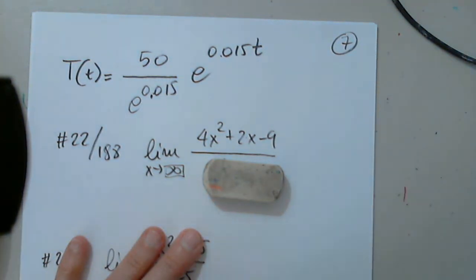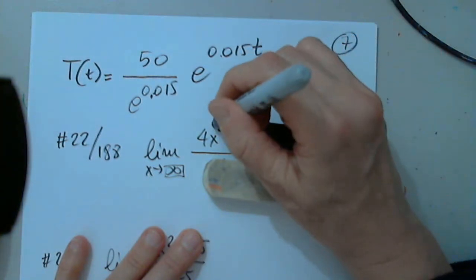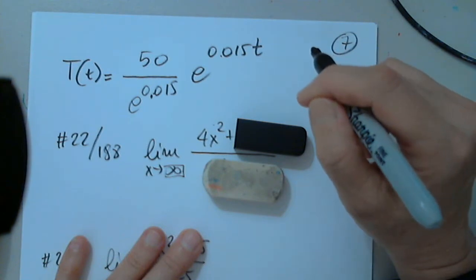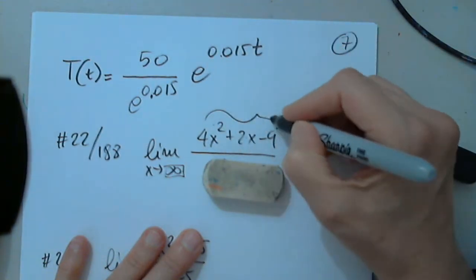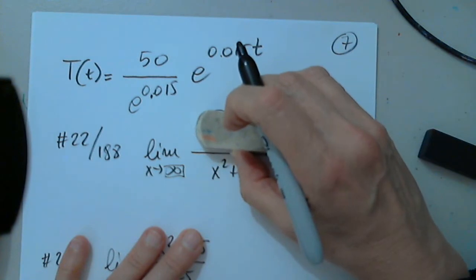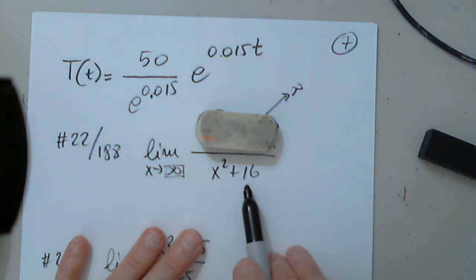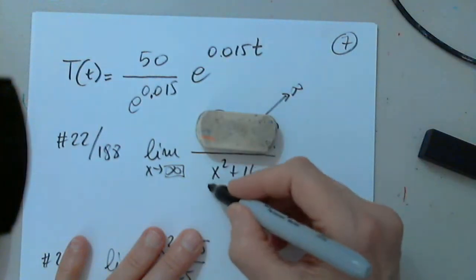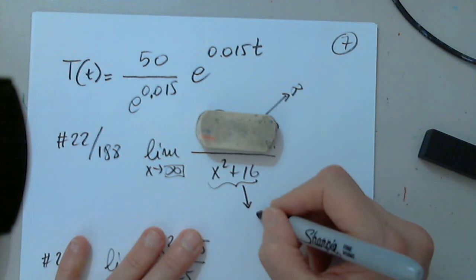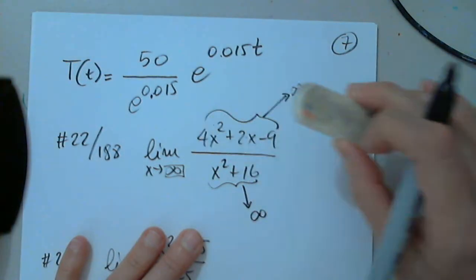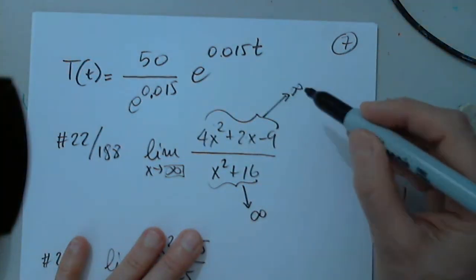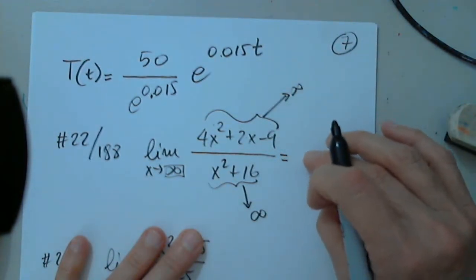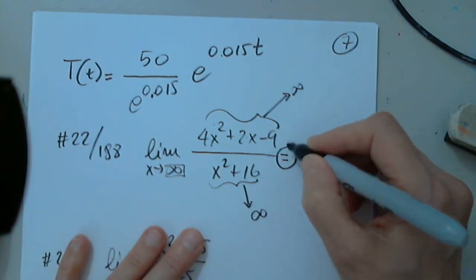4x squared. Of course, that's the most powerful. Where is 4x squared going when x approaches infinity? Positive infinity. Very good. So all this goes to infinity. Which of these two is the most powerful when x approaches infinity? X squared. Good. Where is this going then? Also positive infinity. Very good. Okay, so in the situation of infinity, we know that this is an indeterminate case. We cannot write anything. But what we can do,